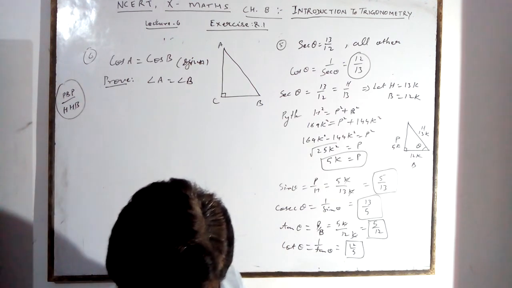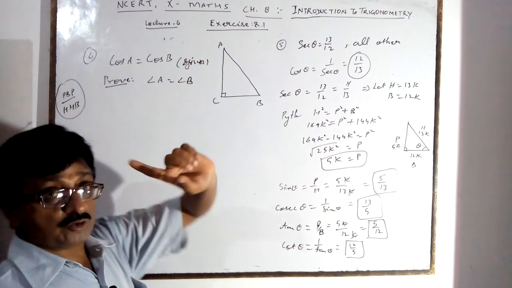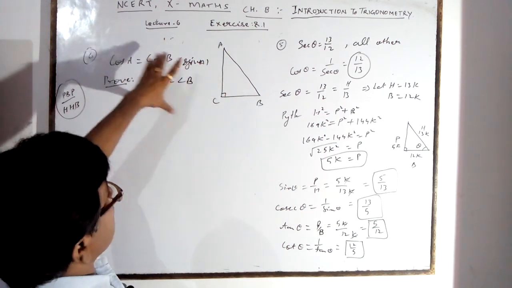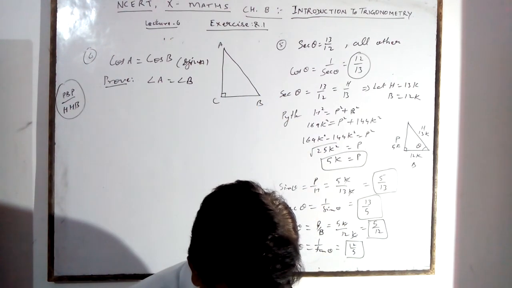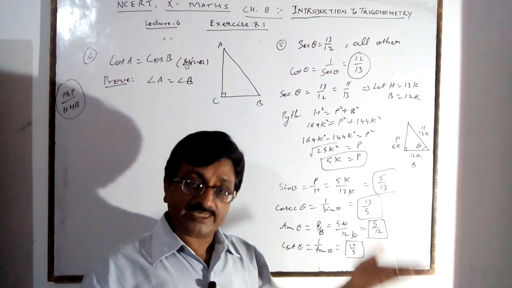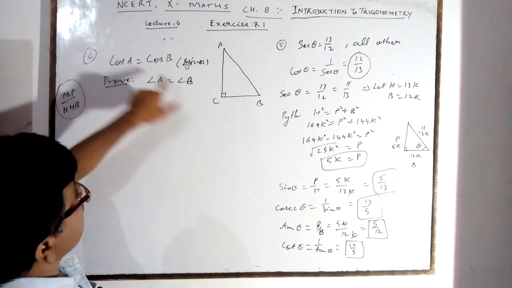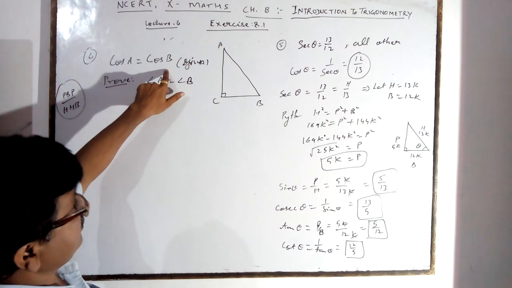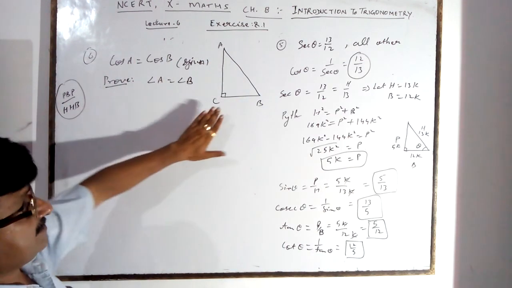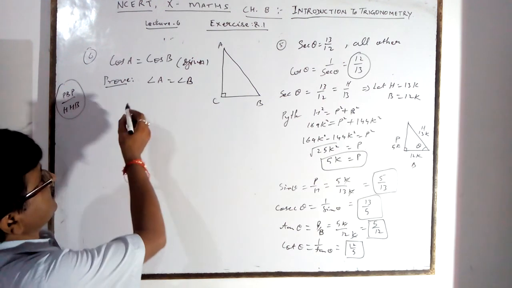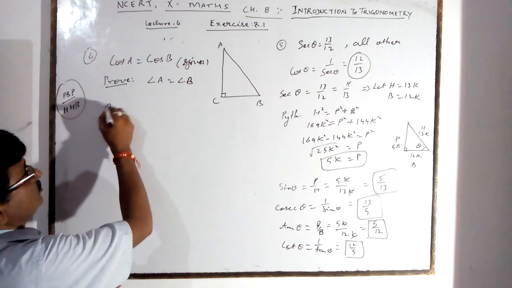Very simple and common. One question in the example yesterday, I told you in one lecture, there was sin B equal to sin Q, like this example given. Two different figures were there. But here it is given in the same figure: cos A is equal to cos B. And A and B both are acute, it is also given. It means C is 90. First of all you see. Now solution, what is the solution?